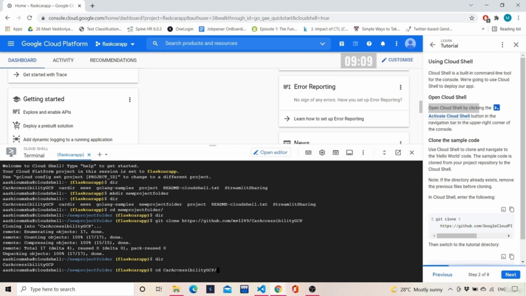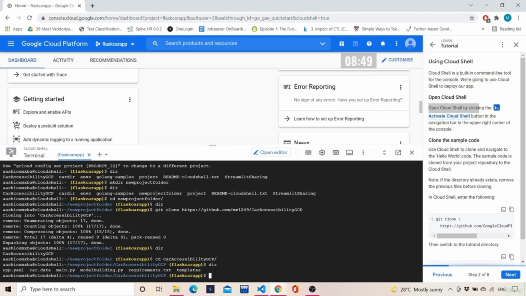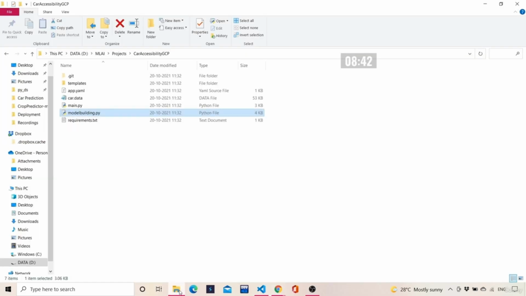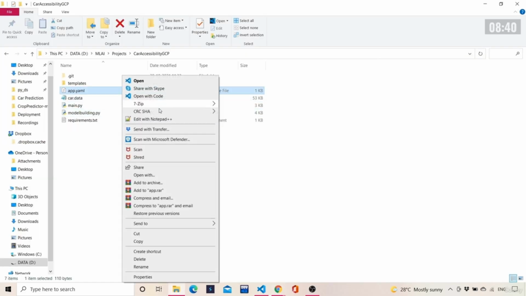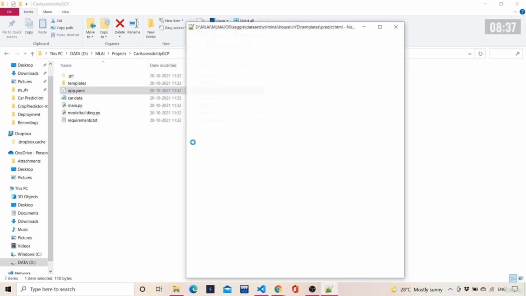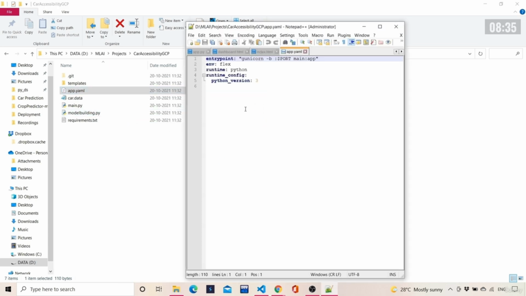So cd and press tab. What I did is I typed cd car, and after writing some letters, pressed tab. It will auto complete. So press enter, and you are in that app now. Now if you press dir, you will get all the files like app.yaml, car data, model building, requirements.txt and templates. The new file over here is this YAML file,